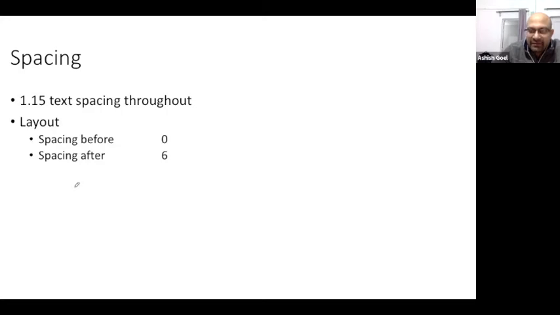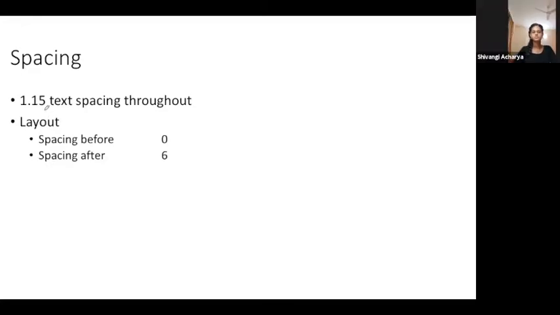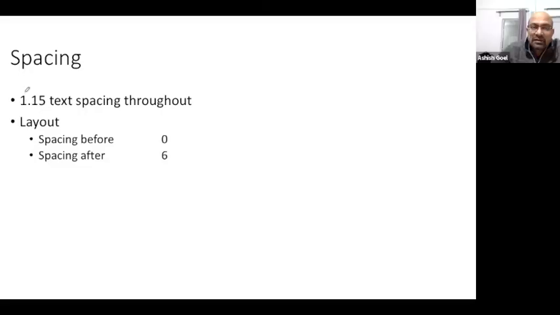It does not matter, as long as it's uniform across the manuscript entirely. In the tables, definitely we use only single spacing. In the rest of the text, we can use either 1.15 works well, 1.5 works well. More than that becomes too much spacing and then it starts occupying a lot of space.